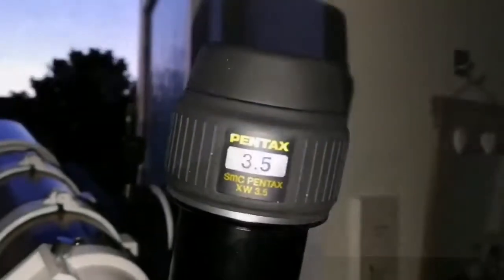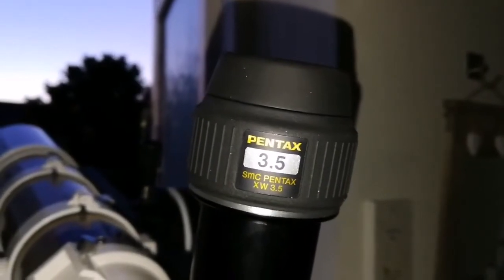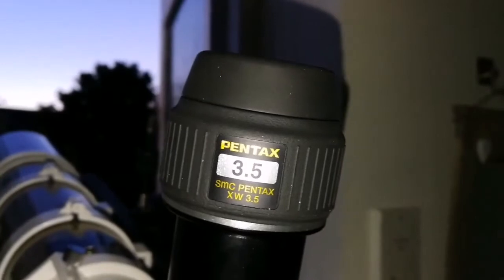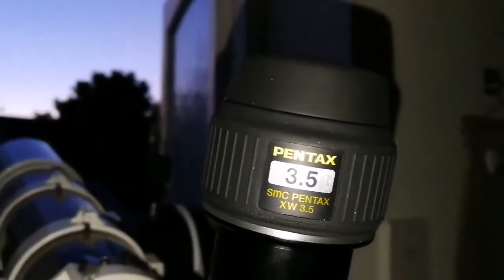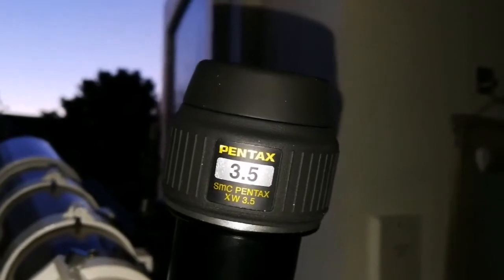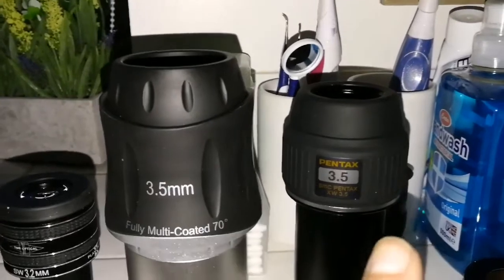ED80 Pro series, and that's the planet Venus, and I'm looking forward to observing. The Pentax 3.5, that's the XW version, doesn't show any chromatic aberration. If I go from 100 for complete chromatic aberration to 1, that's probably around 4% chromatic aberration, nothing more. So Skywatcher and Pentax